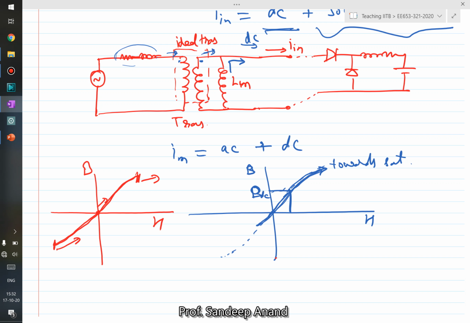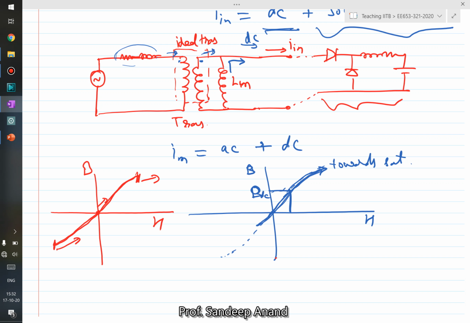Which is not desirable, which is not good, because the transformer was not designed for saturation. If it is moving towards saturation, you can understand that it would start drawing a large amount of non-linear current from the grid, because it goes into saturation, which is not desirable. And therefore, in general, half wave rectifiers are not a good solution as rectifier circuits. And to be very honest, they are rarely used in practical circuits. They are used, but for very very low power,